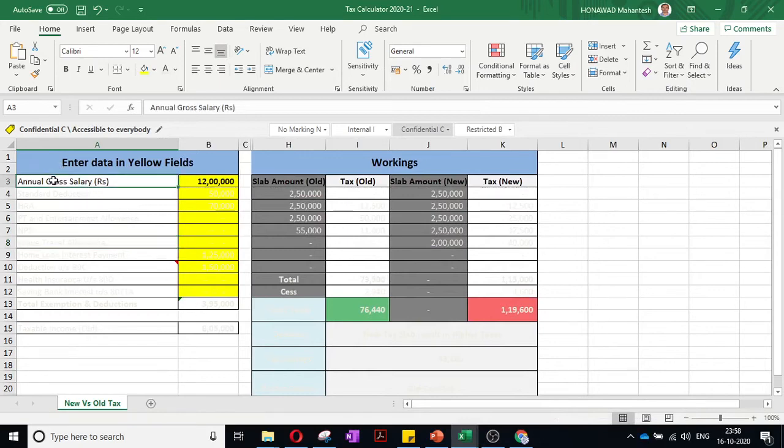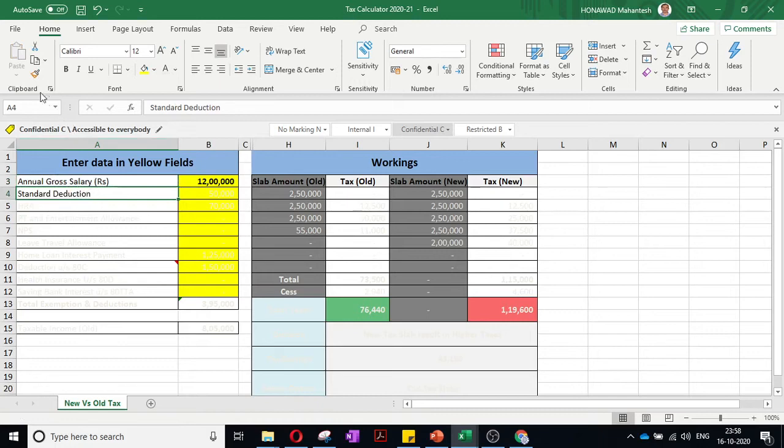So next is, suppose somebody's salary is 12 lakhs per month. How is tax calculated? There are two types. One is the old tax regime and the new tax regime. From last year onwards, people can file in the old format as well as the new format, and you can compare here which is beneficial. I am going to just hide it. So somebody's salary is 12 lakhs.